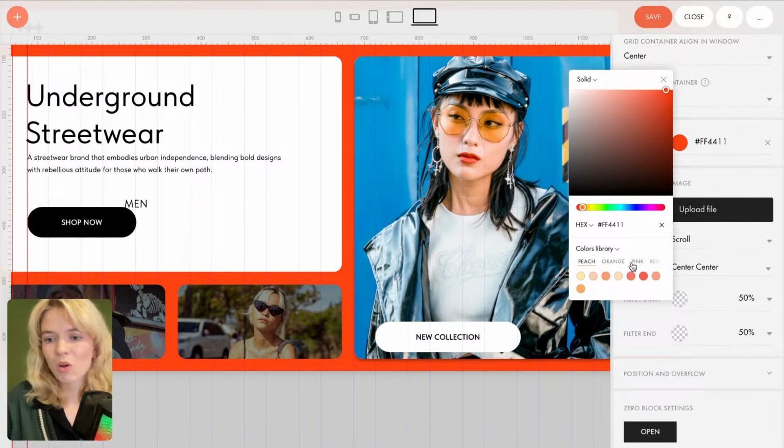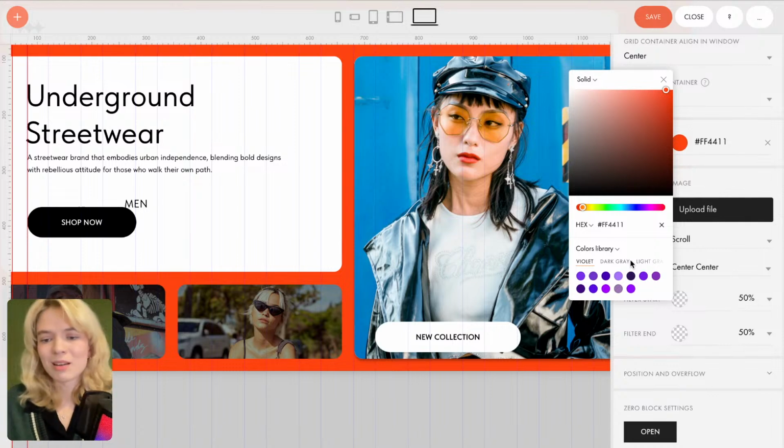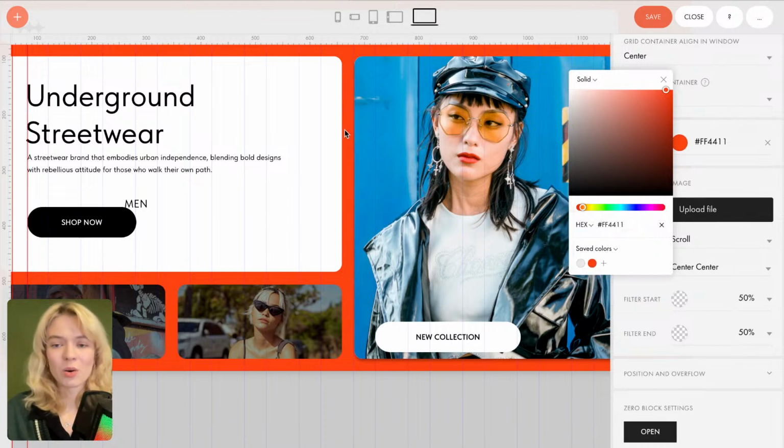So you can check all kinds of pre-designed colors that you can use, and they all have different contrasts, so you can use them as you wish on your website without needing to go to third-party websites and scroll there for hours trying to look for the perfect palette. I know I did that, so I'm glad that Tilda Colors exists. Also, Tilda Colors exists as a separate page, so you can go and check this